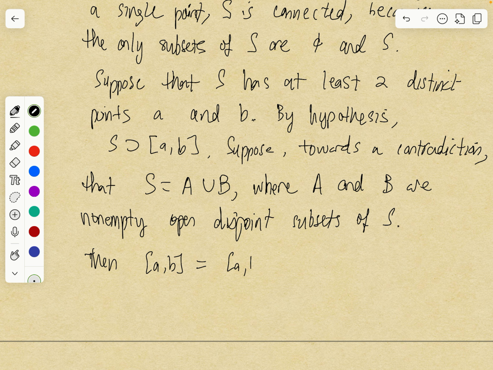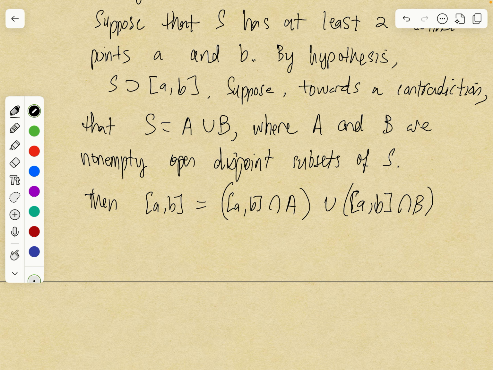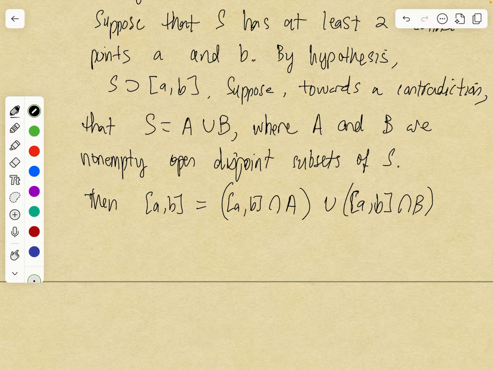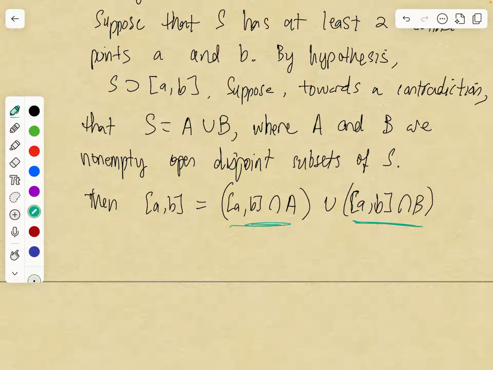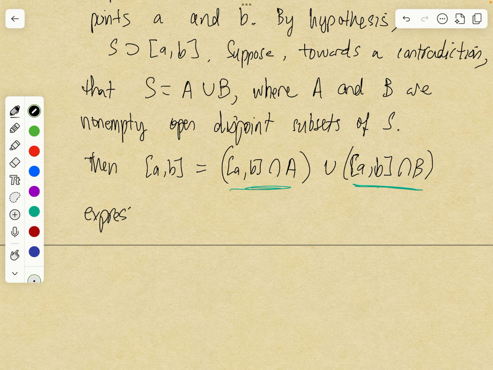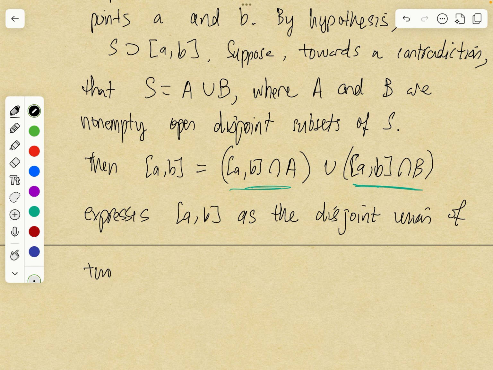So the closed interval from a to b is the union of the intersection with A and the intersection with B. But these two sets are open in the closed interval ab, right? These two sets are by definition open in the closed interval from a to b because an open subset of this interval is the intersection of an open set with the interval. So this expresses the closed interval as the disjoint union of two non-empty